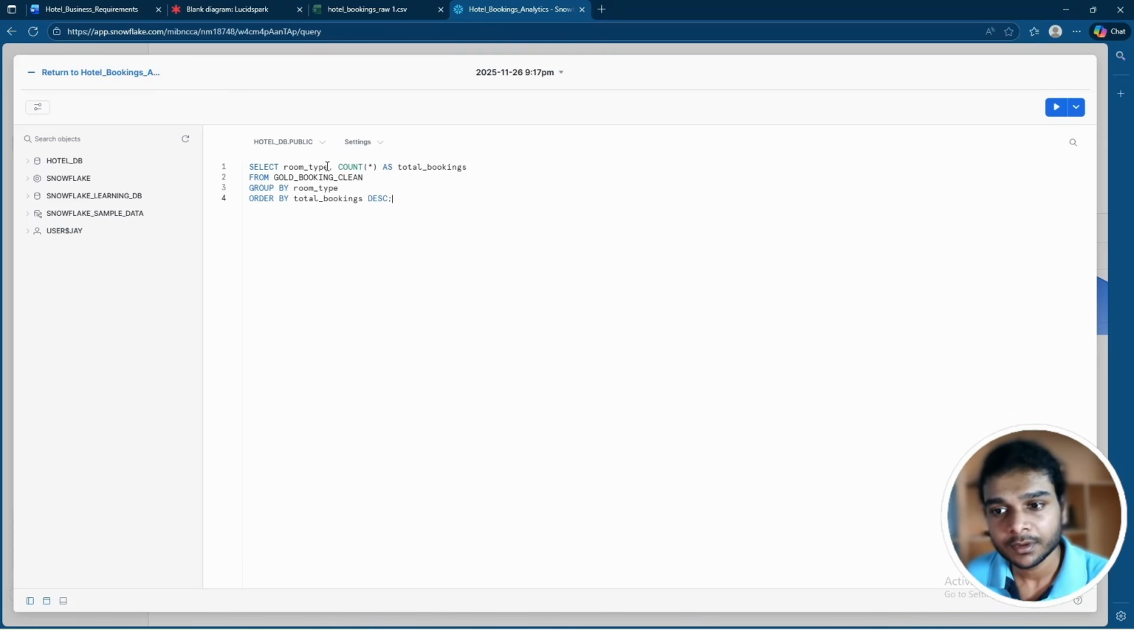Selected room type, then I counted all the bookings while I grouped by room type. So it grouped by the room type and then counted all the records, which will be the total bookings. And I ordered the whole output by total bookings in descending order. When I run that,